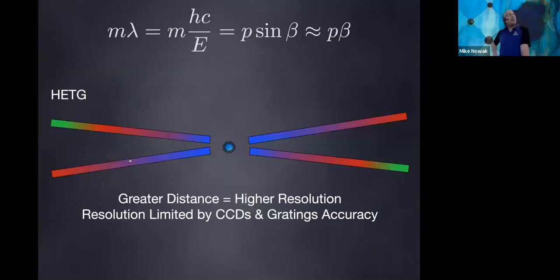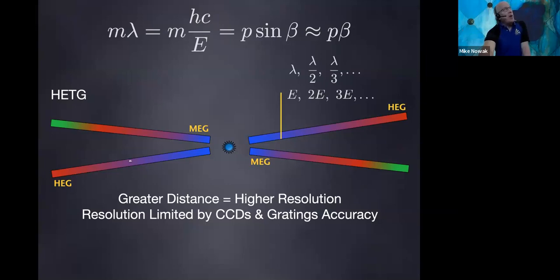Don't worry too much about the math up there, other than to note that the distance from the center that you go is going to be proportional to the wavelength. There are these 2 sets of detectors. Short wavelengths, high energy, are going to be towards the center, and long wavelengths are going to be towards the outside. And at a specific spot, you get very specific wavelengths.